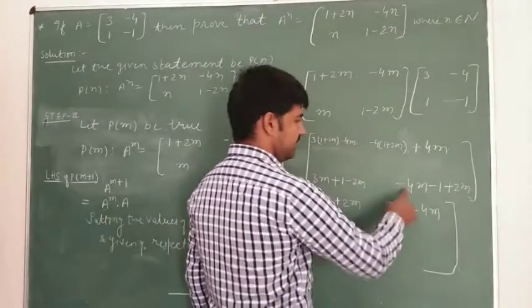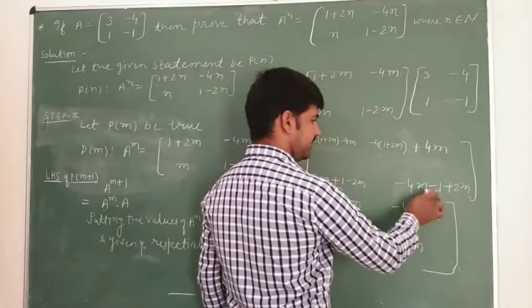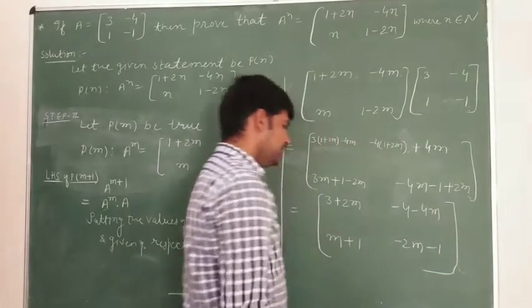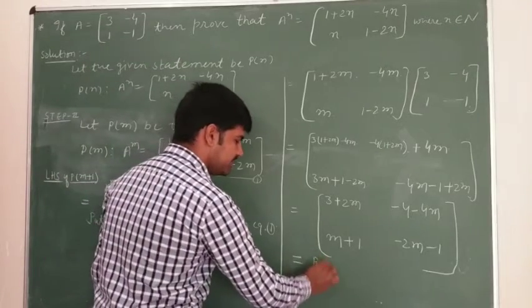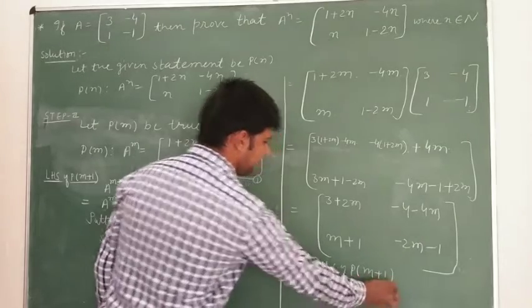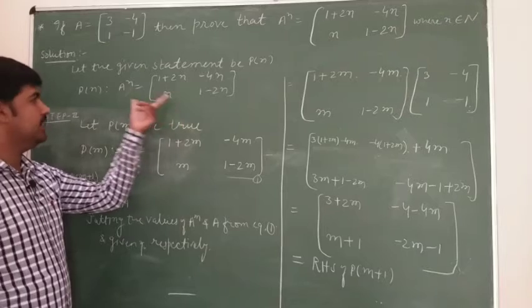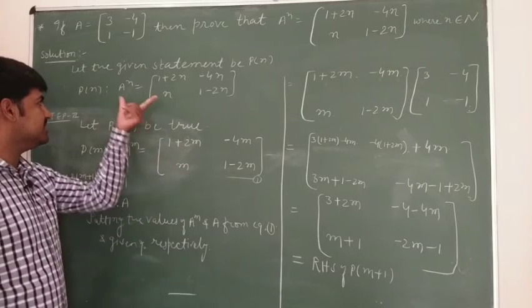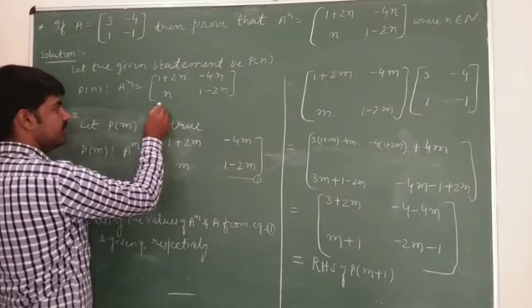Here, minus 4m plus 2m is equal to minus 2m, and minus 1 is minus 1 only. Dear students, I would say this is equal to RHS of P(m+1). How will it be RHS of P(m+1)? If this is P(n), if you replace this n by m plus 1, then